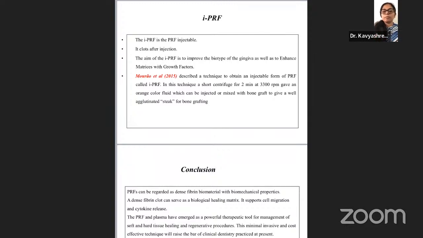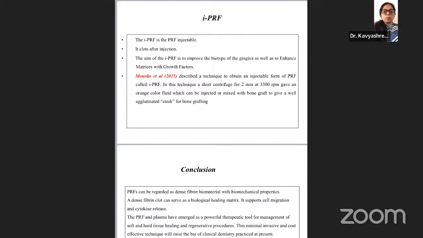So the aim of IPRF is to improve the biotype of the gingiva. For example, if there is any recession or any other gingival cut, we can inject this IPRF so that it accommodates according to the adjacent shape of the gingiva. So to improve the biotype of gingiva as well as to enhance the matrices with the growth factors, IPRF has been